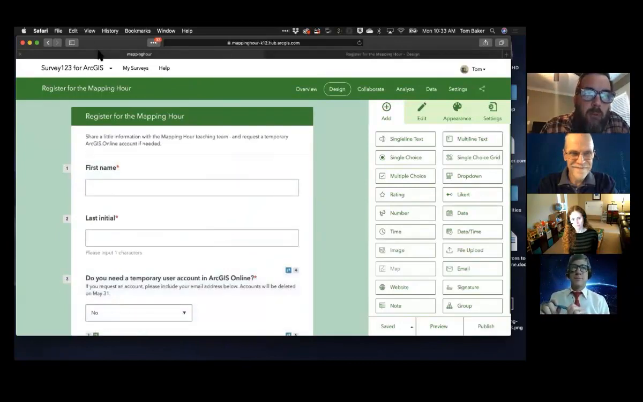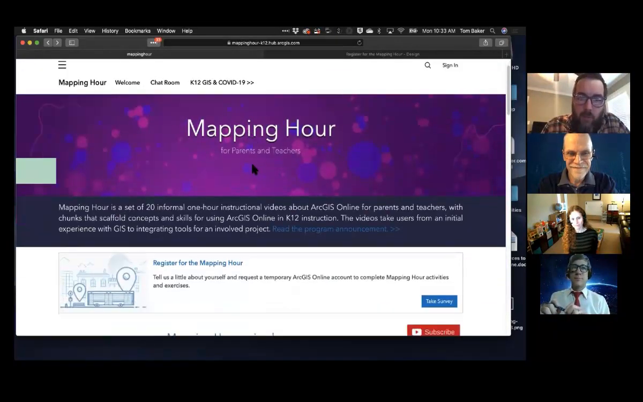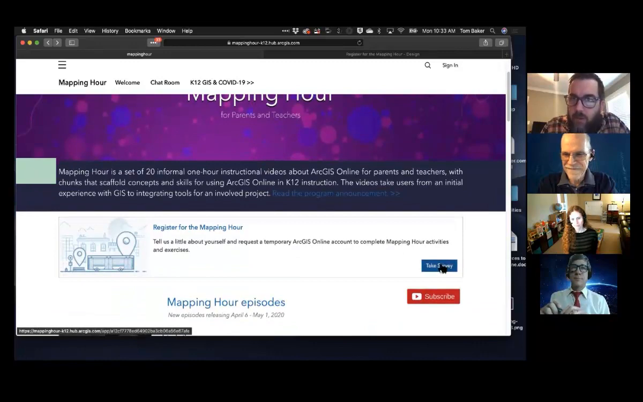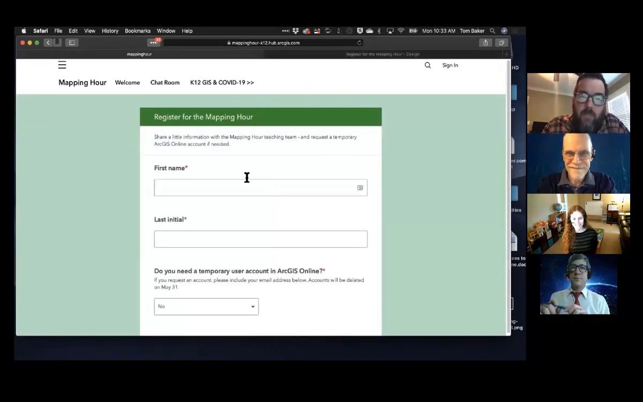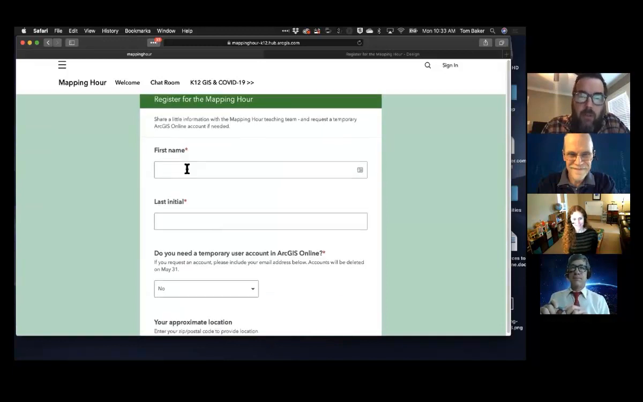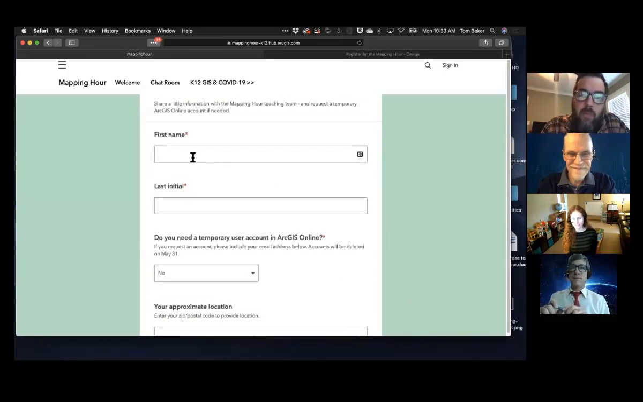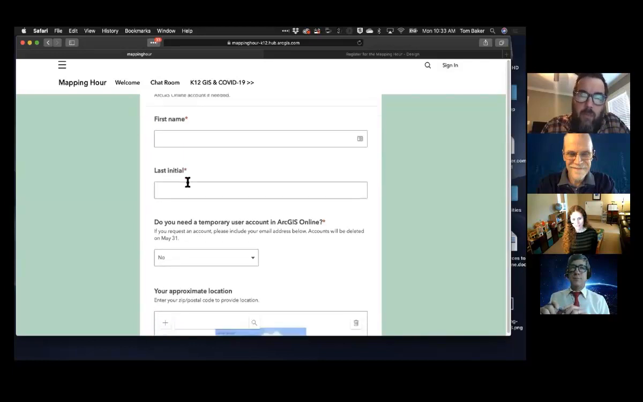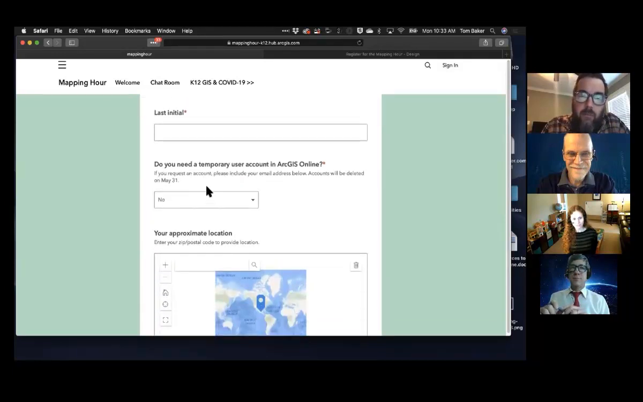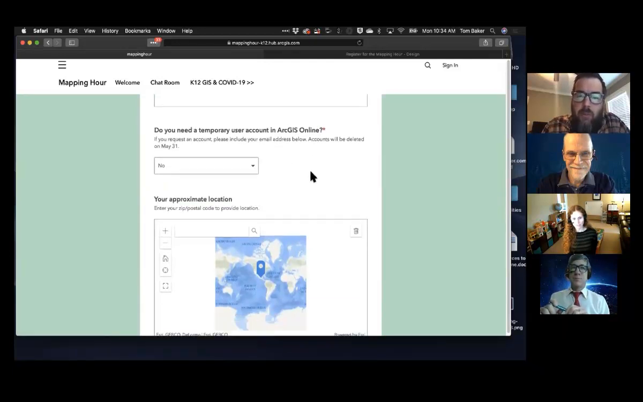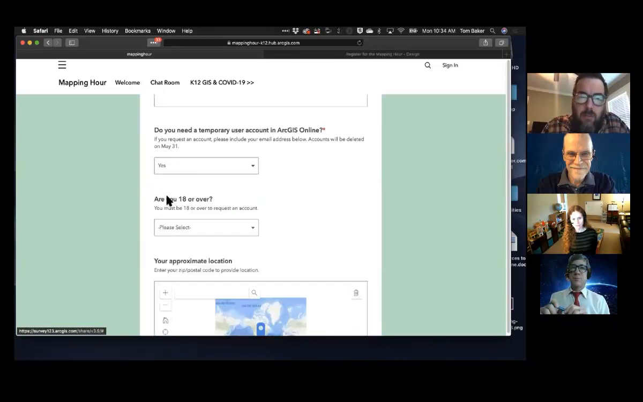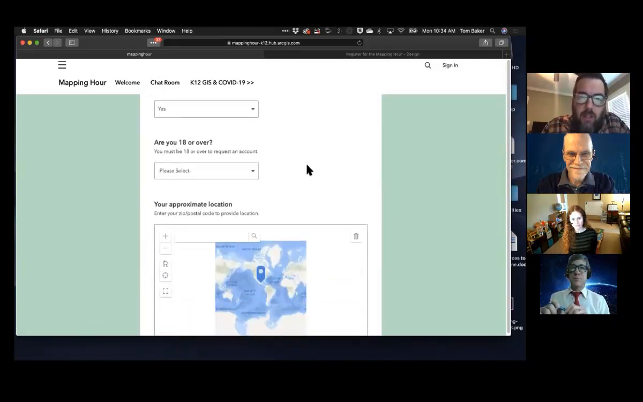So when we posted it on the web, on the Mapping Hour website, it turned into a survey that you could click on and then fill out various components. In this case, first name was a text string, last initial was a single letter, and then we have pull downs. This particular pull down is special because we also included some logic behind it that exposes some additional questions